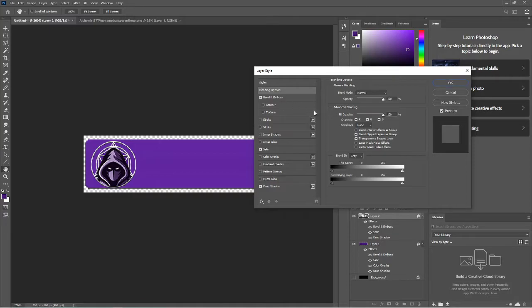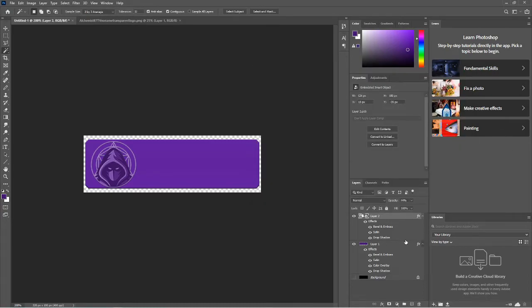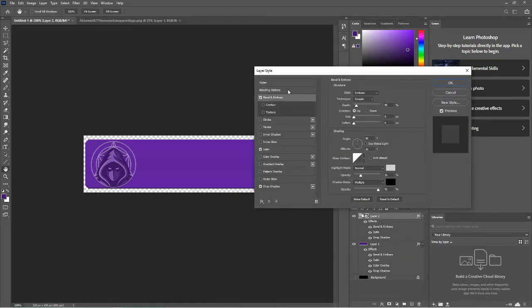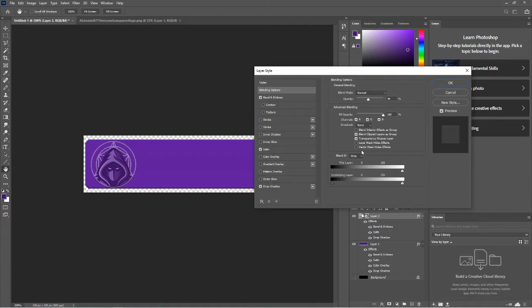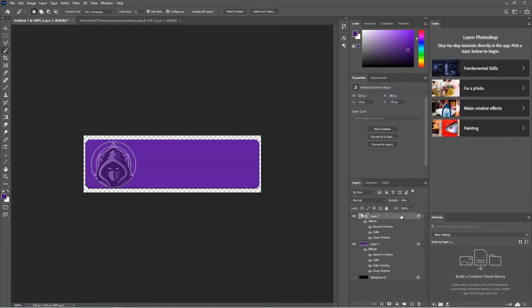We're going to go to blending options and then turn the opacity down, because you want it to just blend in with the background. So we got that, that's probably a good place for it right there. Let me see what we had that at actually. So we put ours down to like 44, but you can play with it and see how much you really want it to show. We might even turn it down here in a second. We'll see. And then you want to Control T it